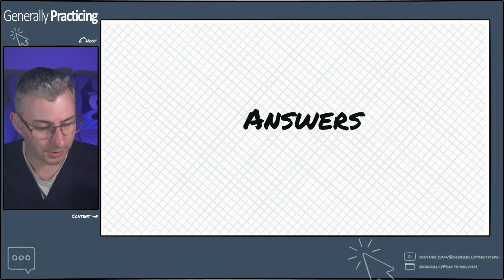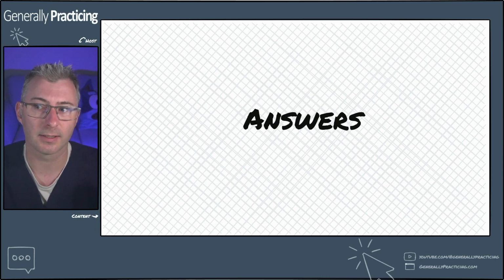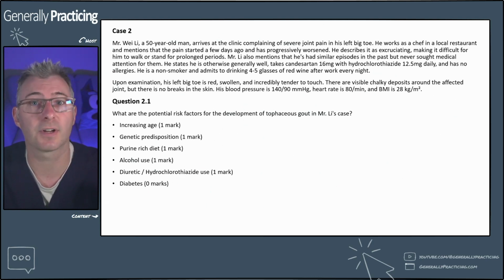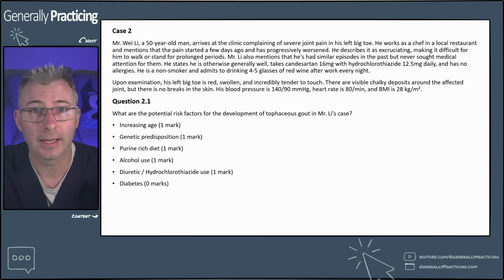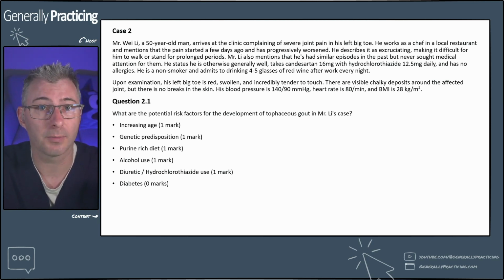All right. So this is one of those cases where they already know that you almost certainly know the answer to what is the diagnosis. And so they'll often come out and specify this is toe fasciitis gout. What they want to know here is why. And so what they're really asking is what are the risk factors for toe fasciitis gout, or gout in general, really? And of course, he has increased age, genetic predisposition, purine-rich diet, alcohol use, diuretic or hydrochlorothiazide use, and here